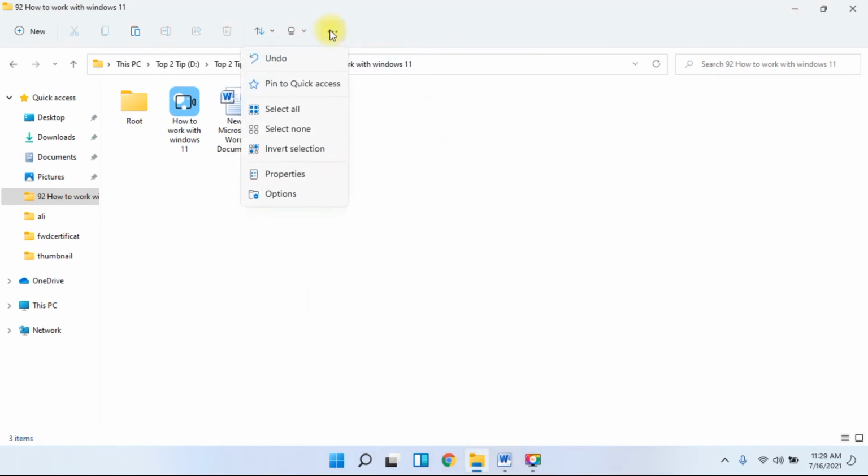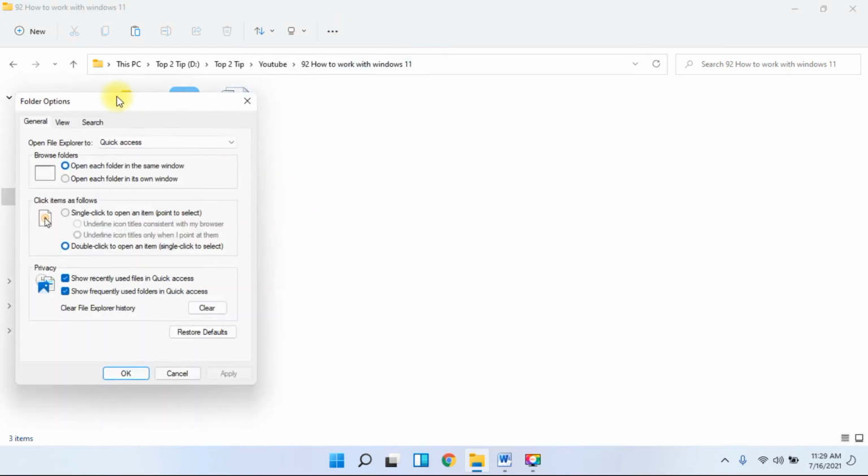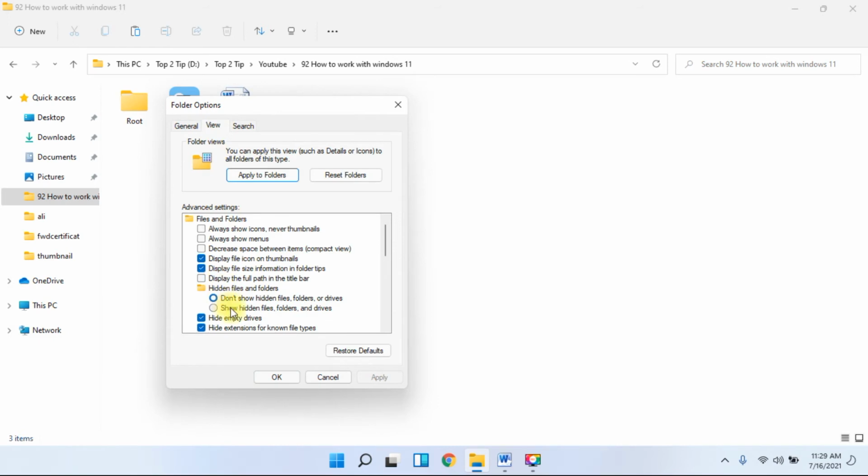Before, we got the option in edit, select all, and we will get it as a symbol here. And before we used some options in view to see the hidden things in the folder, that one we will get from here. Go to options, view, show hidden files, do not show hidden files.